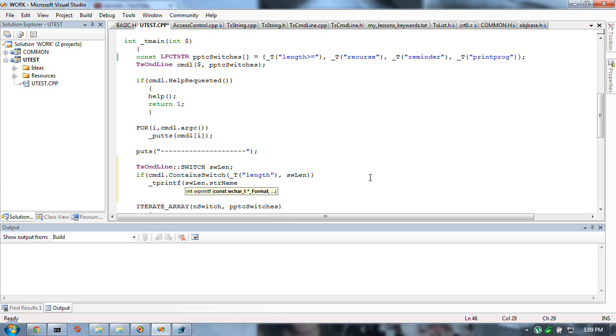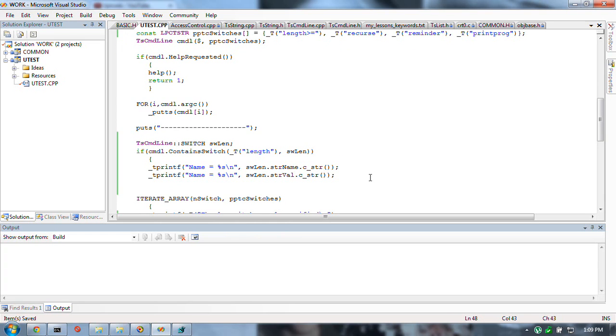So we'll print the name. Another possible thing, value, and the other thing is